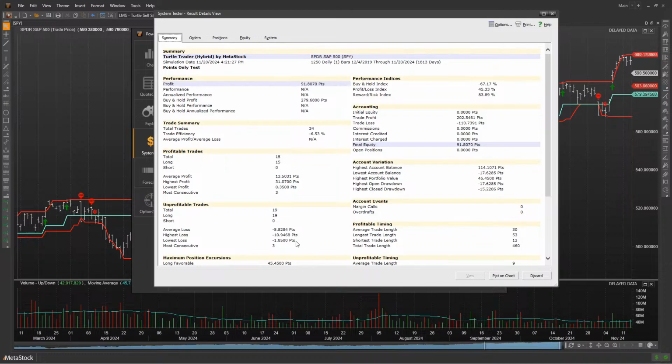Now this ratio right here, where your average winner is substantially larger than your average loser, is a really important factor when taking a look at trading system results. I highly recommend that when you're looking at different types of systems, you want your average winner to be substantially larger than your average loser.